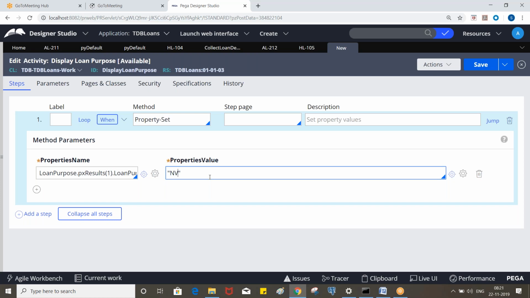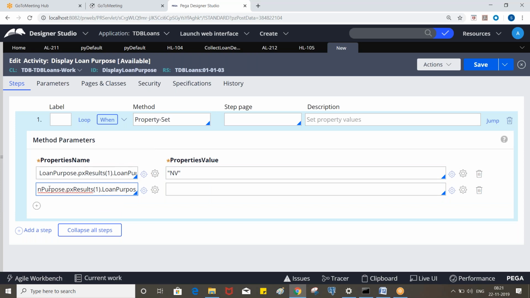In the same way, we can use another property to display to the user, let's say new vehicle. We have an out of the box property called py label, so we can use that. It is available under the @ base class, so we can use it across the application.